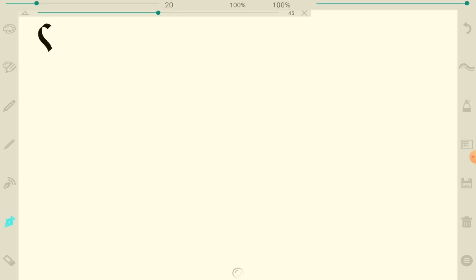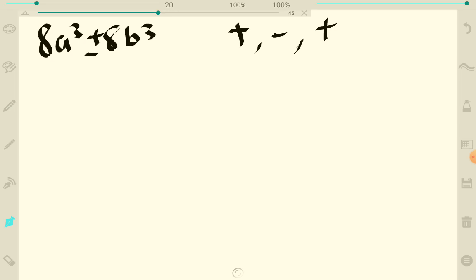Our first problem, we have 8a cubed plus 8b cubed. So first, let's write out our signs. So since we have positive, it's going to be same, opposite, and always positive. Next, we have to factor. So we have to find the cube root of 8. So everybody should know that 2 to the power of 3 is 8. So we could start with 2a plus 2b